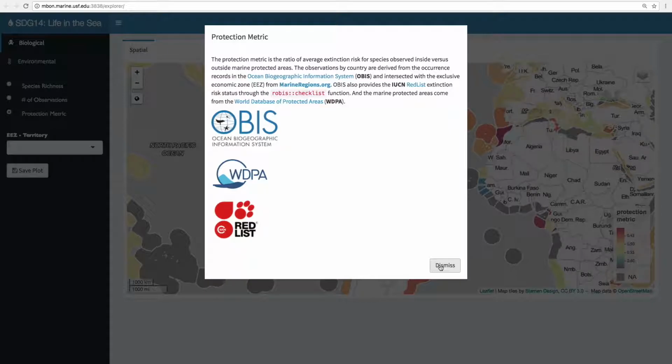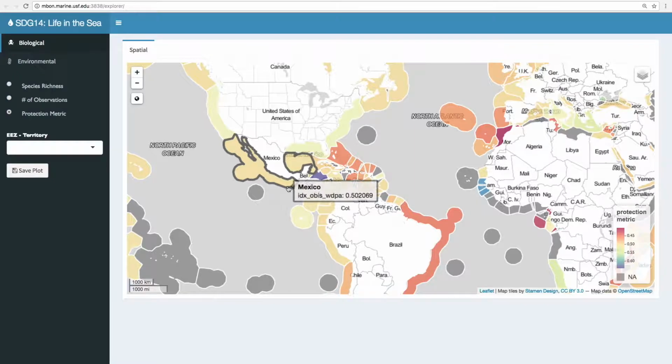So if we find, for instance, this goes 0 to 1, and if we find all observations with an extinction risk associated with it, then it would move to a value of 1, being unprotected, and where it's blue and cool, or approaching 0 if all observations with an extinction risk are found inside marine protected areas. So this is just one example of the types of products that you can create and then visualize with